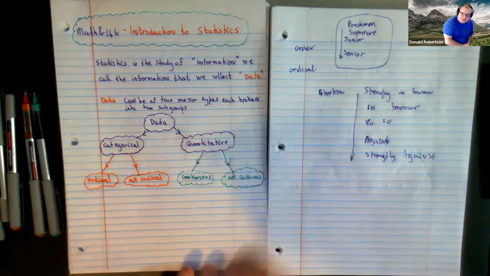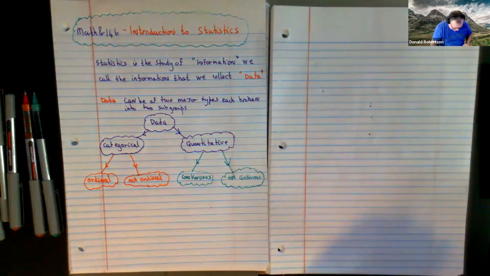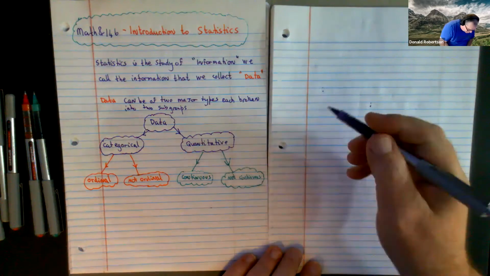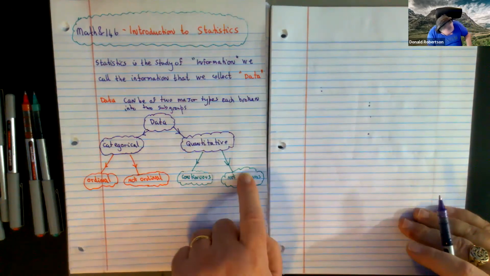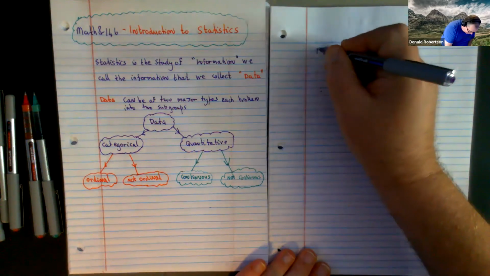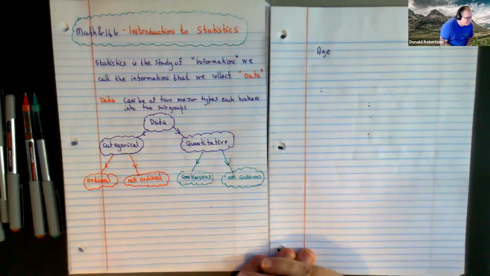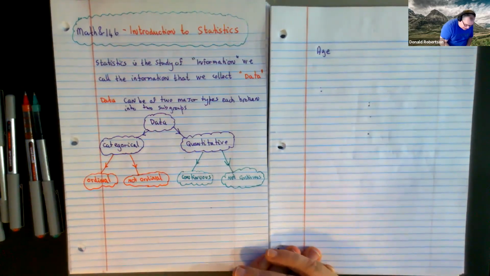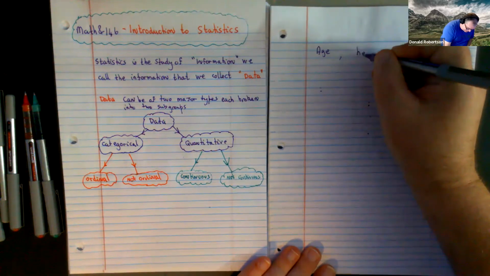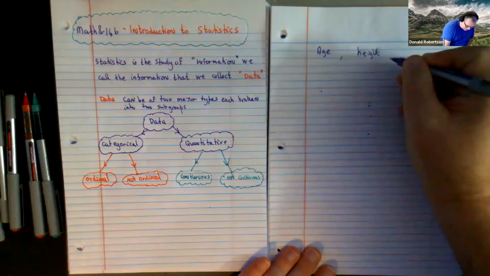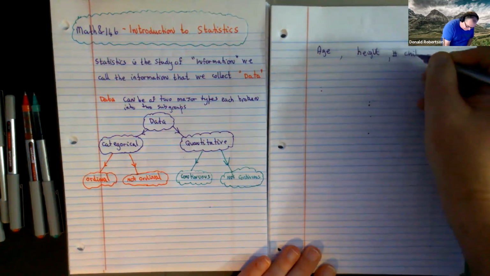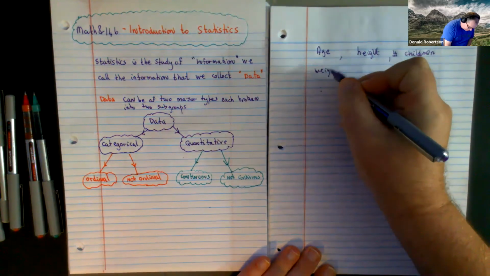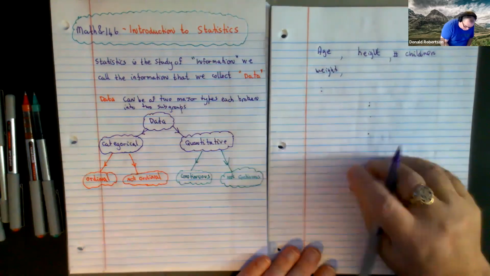Then you go into quantitative, that's the number stuff. They're a little bit easier to deal with. Anything that's essentially a number can fall into quantitative data. So for instance, you could have taken someone's age. Wouldn't that be, I'm 42, I'm 12, right? That would be quantitative. You could ask someone their height, number of children in their family, their weight, coins in their pocket.